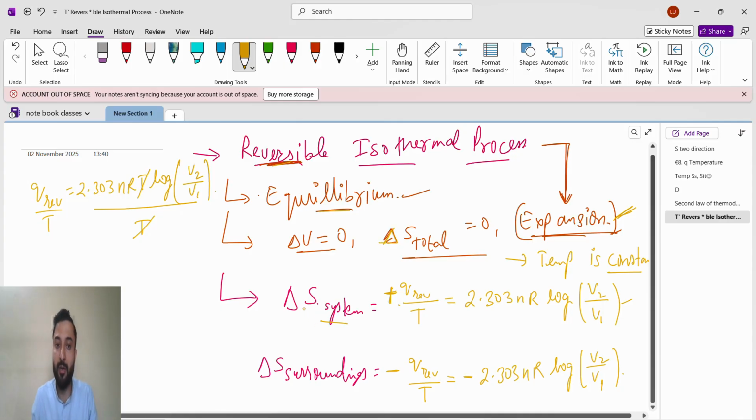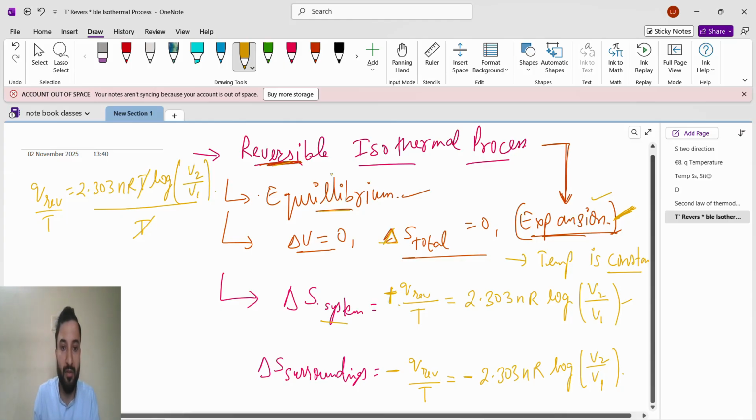Okay, system entropy and surrounding entropy will not be 0. System entropy is what? It is the expansion process. Guys, understand why I am writing this. You have to understand reversible isothermal process at expansion. They will say this condition. Okay, reversible isothermal process at